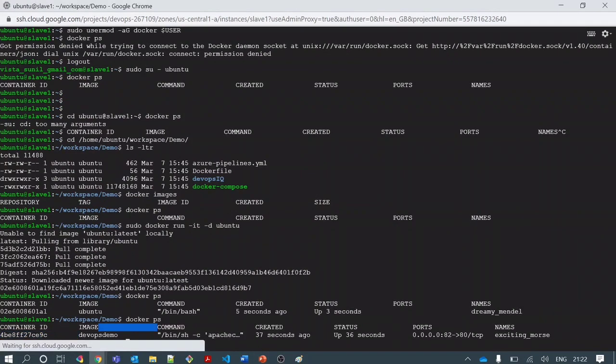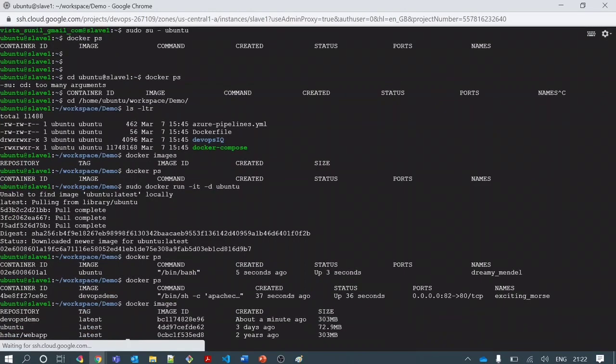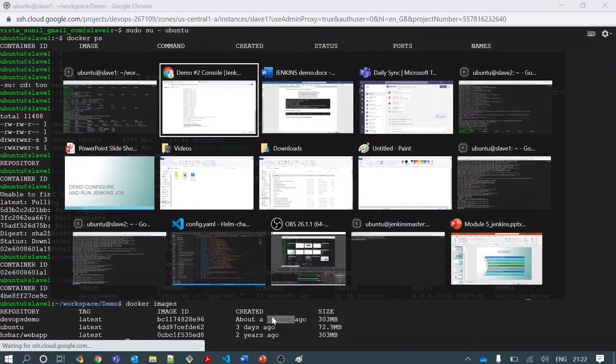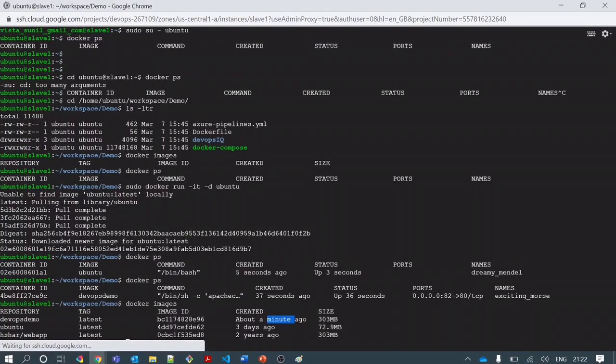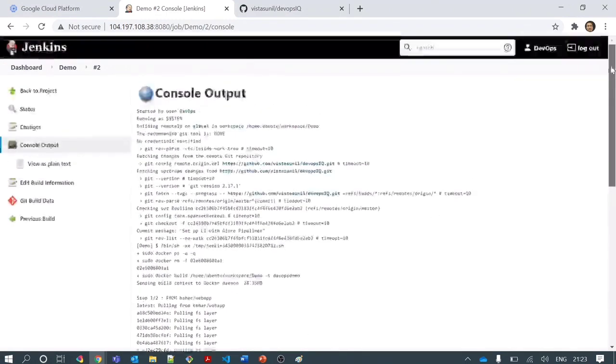It is using the DevOps demo image. If you go and check Docker images, you see the image was built with the name DevOps demo about a minute ago, and that was the result of this job only, and there was no manual intervention needed. Interesting, right? We are not doing anything. We are just running one job, and cleanup of containers, building of container image, and running of a container with the new image. All three things ran. Even cloning of the code ran automatically without any human intervention, and the result is success.